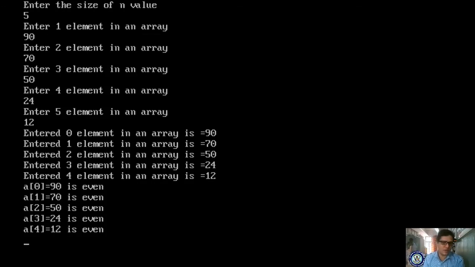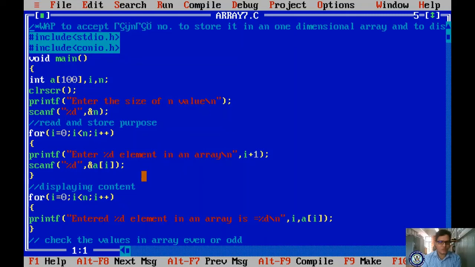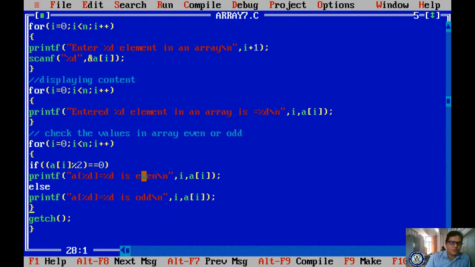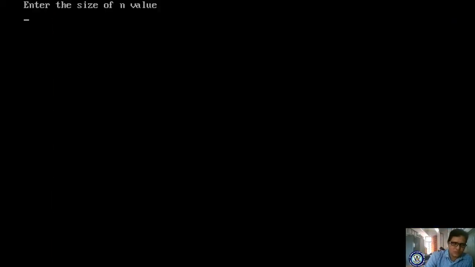All are even, right? Clear? Yes, 90 is divisible by 2. What is the remainder? Please observe here, 90 percent 2. If you divide, the remainder is 0, right? Then 90 is an even number. Okay? Yes. Clear? Yes. Fine.